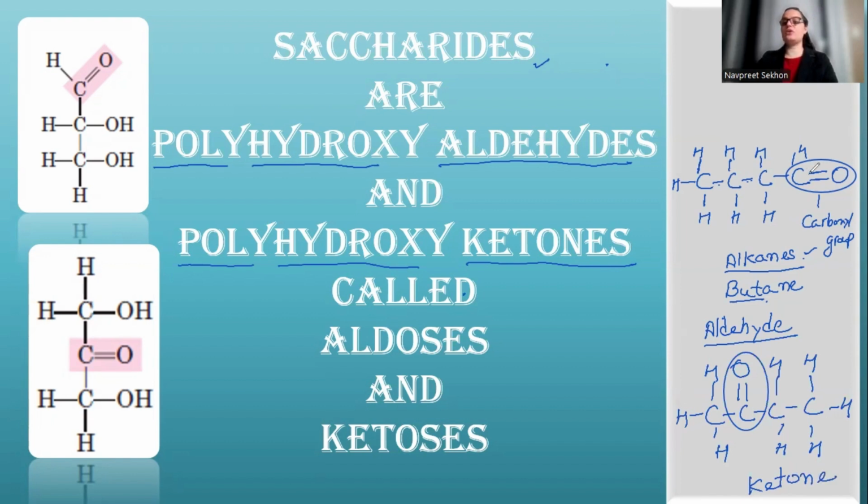So you can see over here, there is a terminal carbon with a carbonyl group. Two of its valencies are satisfied by oxygen. One is satisfied by another carbon over here, and one of them is satisfied with the hydrogen. While when we come to the central carbon, it satisfies two of its valencies with oxygen, and two of them are satisfied by the two carbons on both the sides. So these are called ketones and these are called aldehydes.